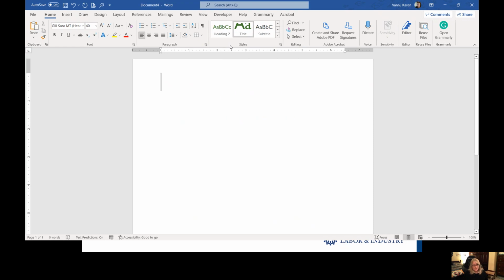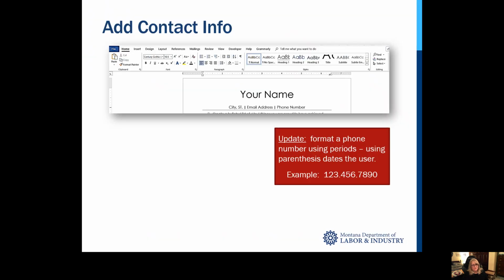And then from here, we're going to type in your name. So whatever your name is. So here I'll put Jobby McJobster. See, Jobby comes to play a lot here. Okay. Now we want it to be the biggest font on the page, but we also don't want it to